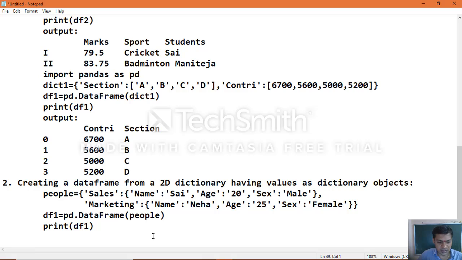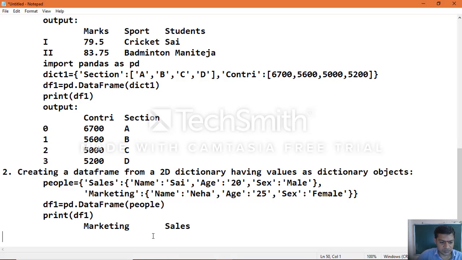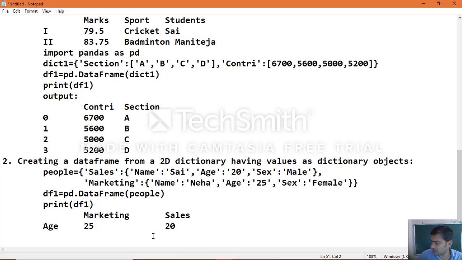Now print the object which we created, then you will get the output. Again in sorting order: marketing, then sales. Here you will get the age, under marketing and under sales in the same manner, then name, also in the same order.